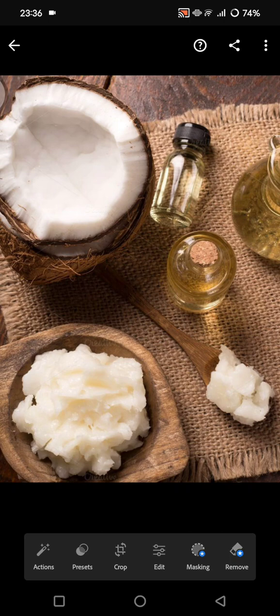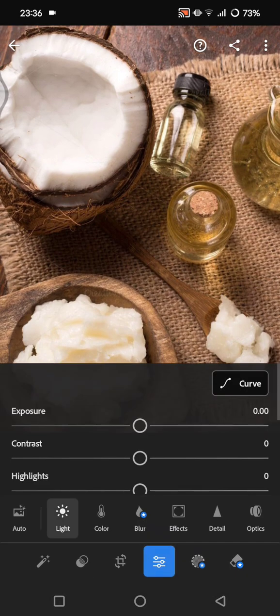On today's tutorial, I'm going to show you how you can edit product photos like a professional for Instagram in Lightroom. So if you want to make your product photos look professional and aesthetic for Instagram, in this tutorial, I'll show you how you can edit product photos like a pro, ensuring they are clean, vibrant, and eye-catching for your brand or online store. So first, you can just open your photos in Lightroom and then go to edit in here,